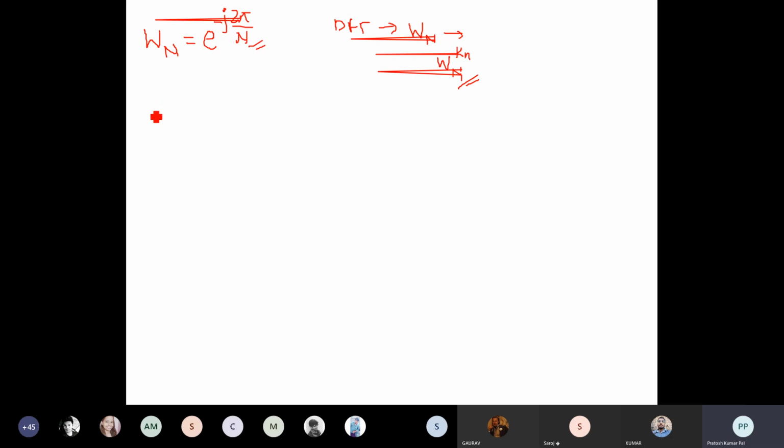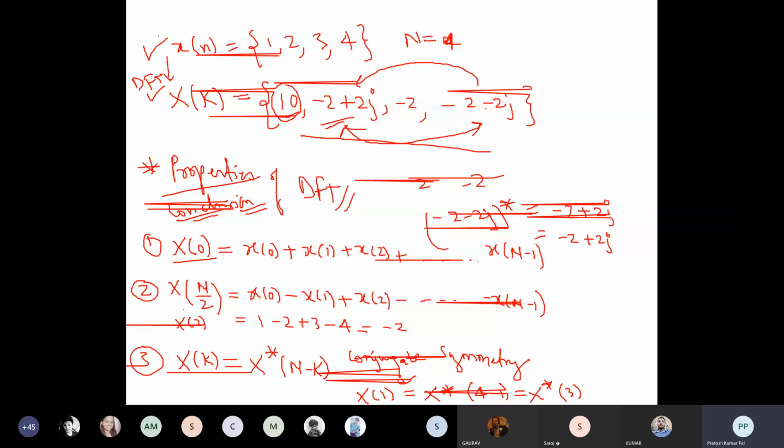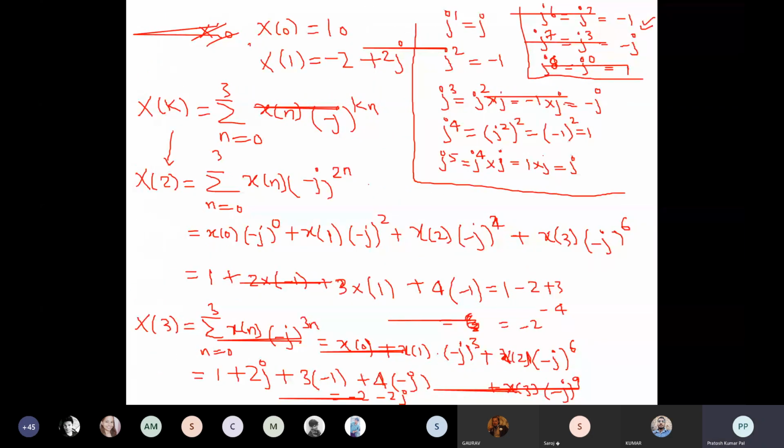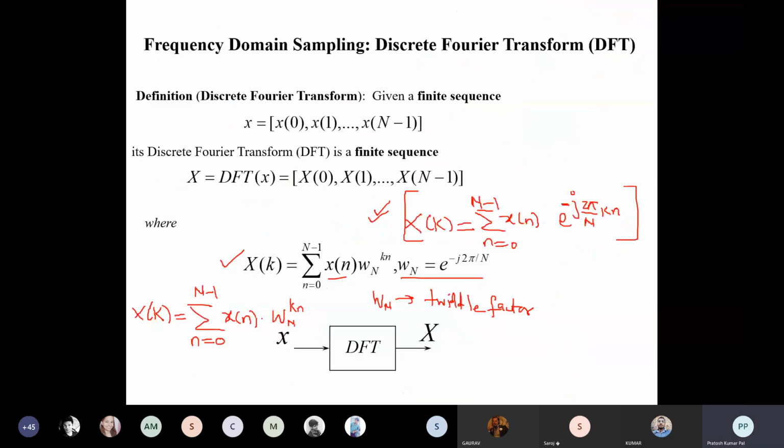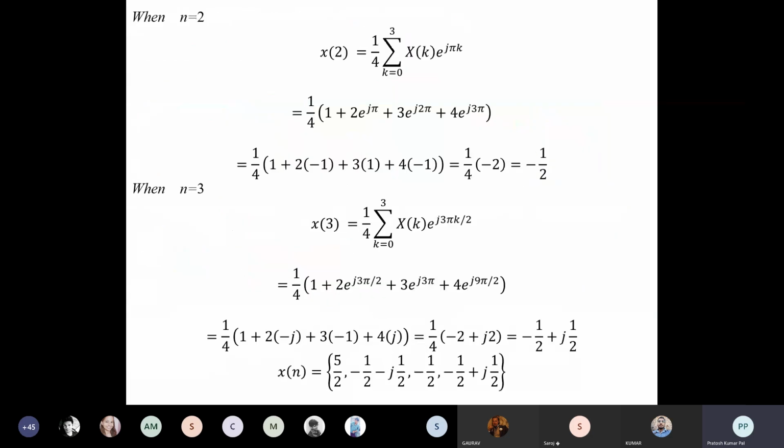So we take W(n) for different k and n values, because actually the formula is W(n) to the power kn. Okay, so here the formula is W(n) to the power kn, but in the matrix we are just writing W(n) in matrix form, meaning that it is the matrix of W(n) to the power kn, alright. So here W(n) is written, and its power kn is written. So the matrix we are making is of W(n) to the power kn, alright.